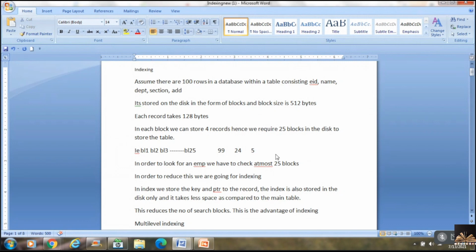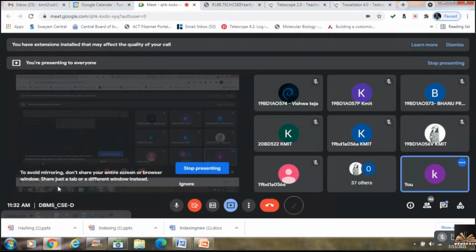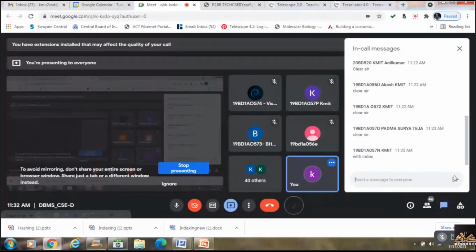So why are we going with the concept of indexing? To make it simple, let's take your textbook example. Whenever you want to search for a particular topic in a textbook, is it easier with an index or without an index? All of you just try to answer this. Indexing. Why is indexing easy?